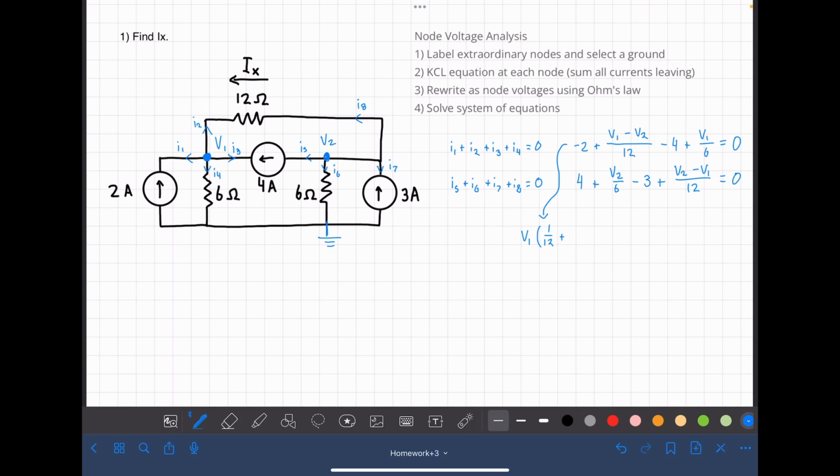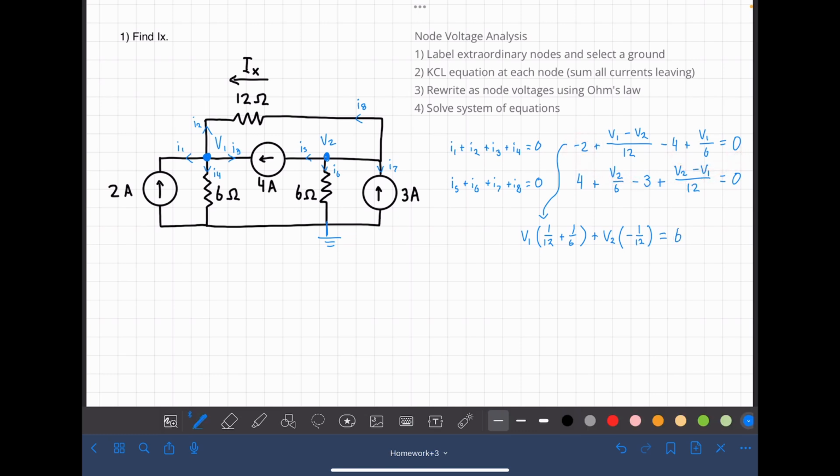We have a 1/6. Comes from this right here. Get all the V2s together. We have a negative 1/12. That's it. And then we're going to put all our constants to the other side. So that's +2, +4,